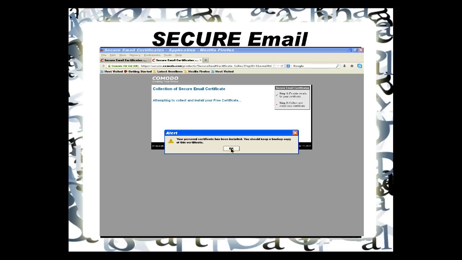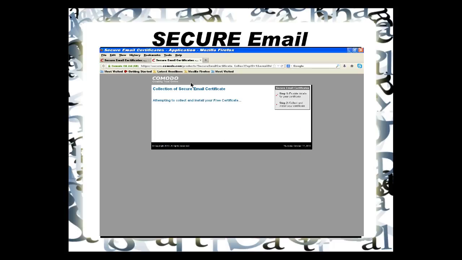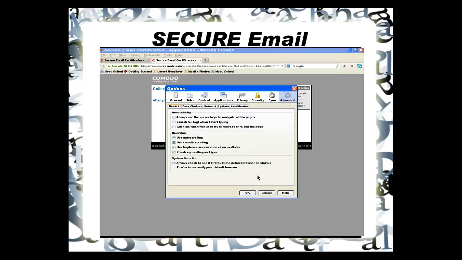And it brings up Firefox, and it says your personal certificate has been installed. You should keep a backup copy of this certificate. Yes, you should. So we click OK. Now, to look at this certificate, you go to Tools, Options,